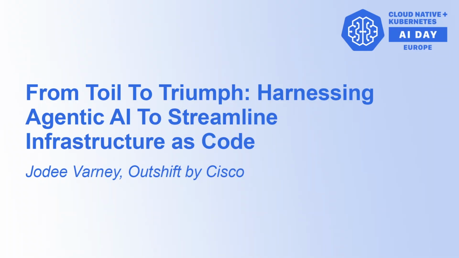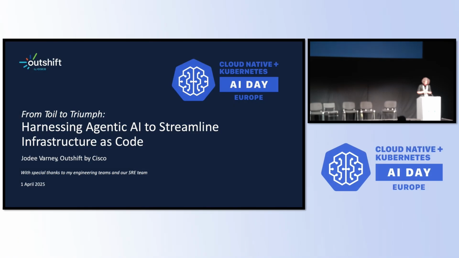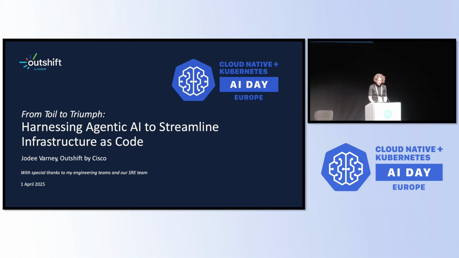All right, so this talk bounces up a couple of levels from most of what you've heard today. Up until now, we've been talking mostly about managing resources that generative AI is deployed upon. So this talk is about applying agentic AI to a specific use case, and the use case we're going to be addressing here is looking at infrastructure as code using OpenTofu and Terraform as an example. So I'm hopeful that this talk provides insights on a couple of levels.